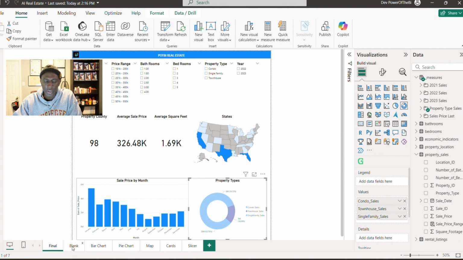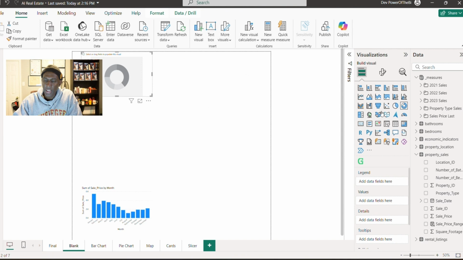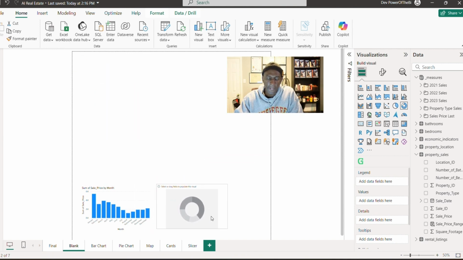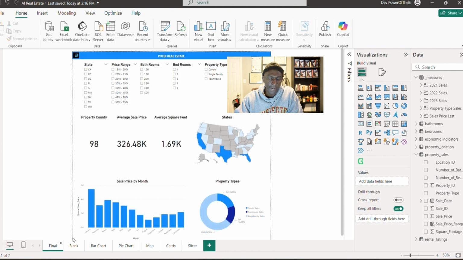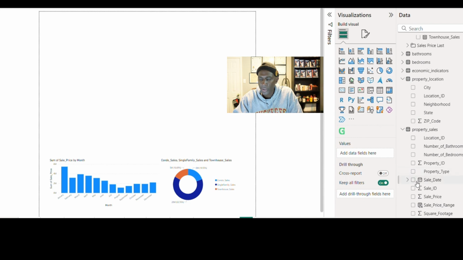That's called the donut chart. So I'm going to come back to our blank table and select the donut. I'm going to bring it down to the bottom, just as we have on our final. And I see that in property types, for values, we have condos, townhouses, and single family. And this information is coming from where